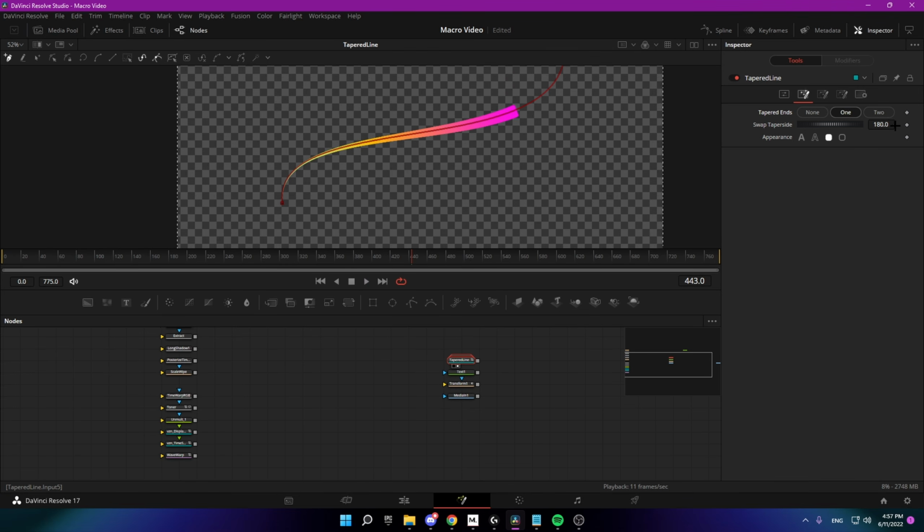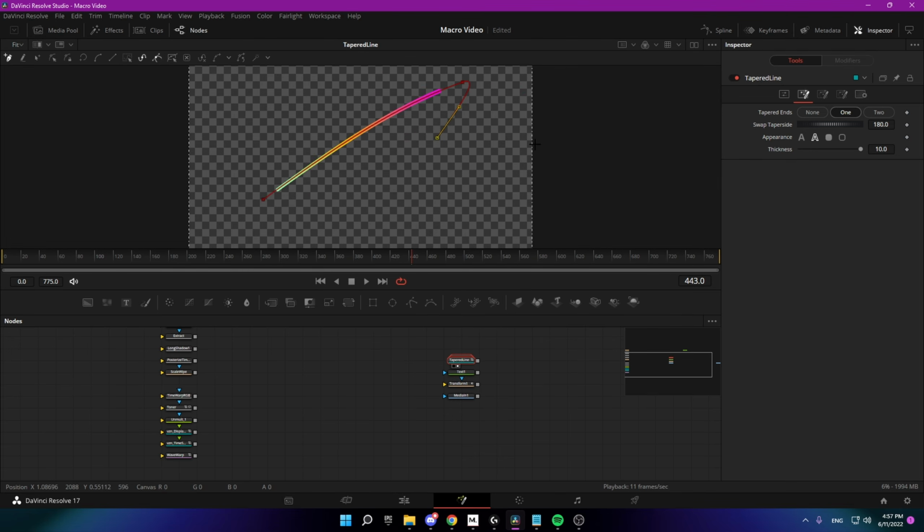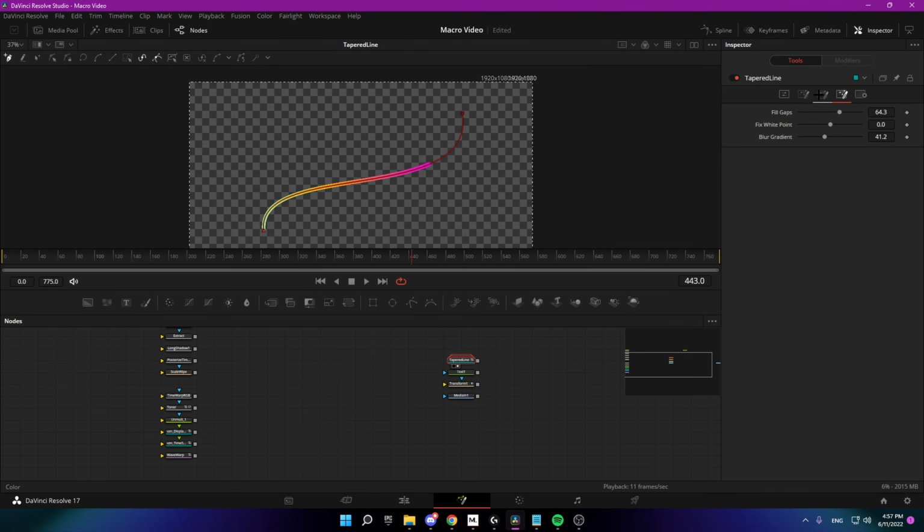On the one end, by the way, you can swap it by typing an amount of 180 or 0. And of course you have an outline and solid. Those two I don't really recommend, they're just so thin. Yeah, you're not gonna get anything with that. Just a prep tool. On the third tab,